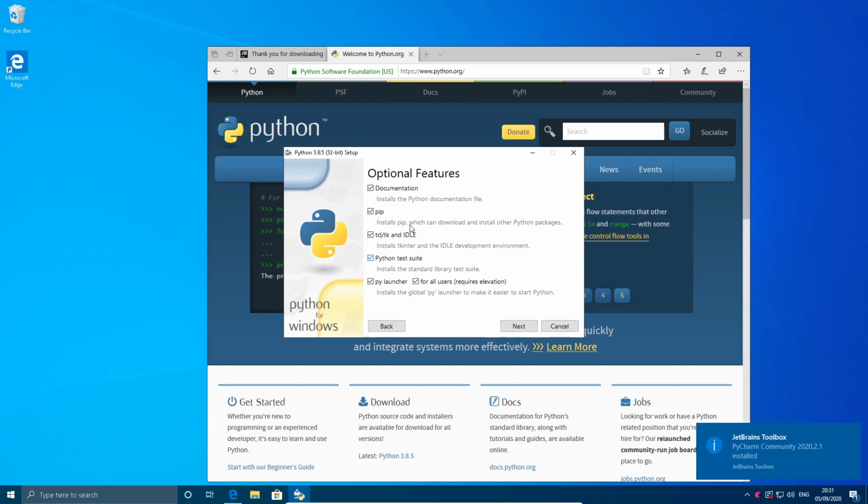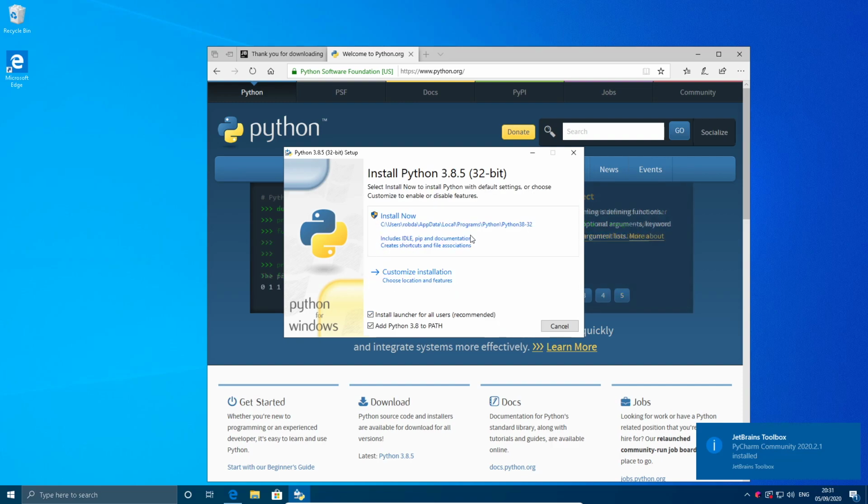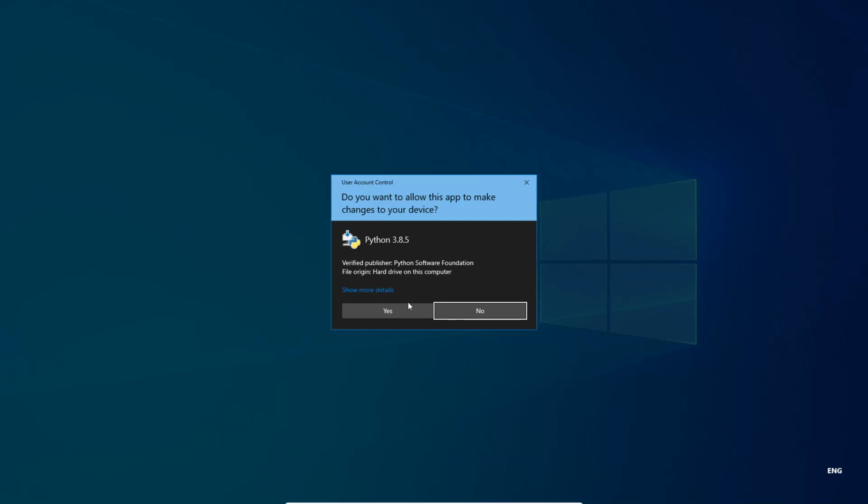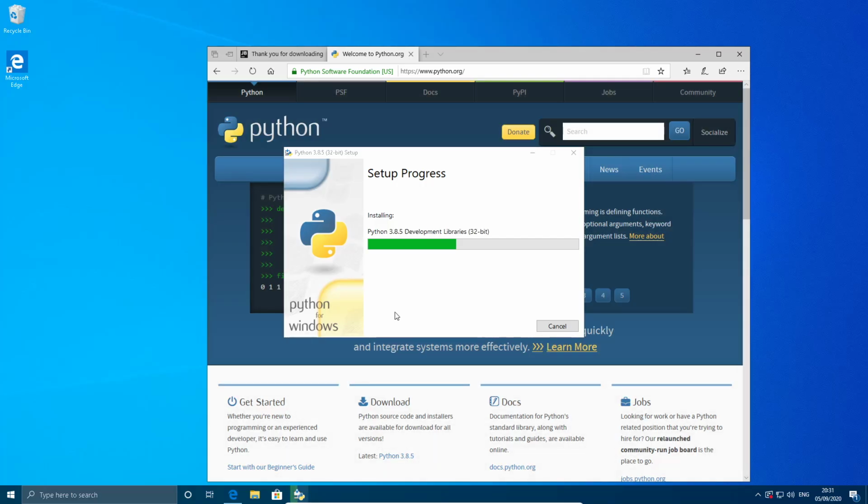What is the custom thing? Does it include... Oh, it does that automatically. Just go for install now then. Yes. And that's installing. So what I'm going to do is bring up